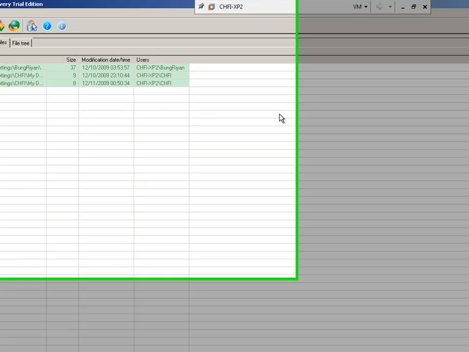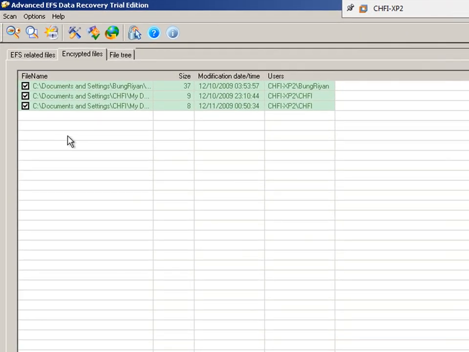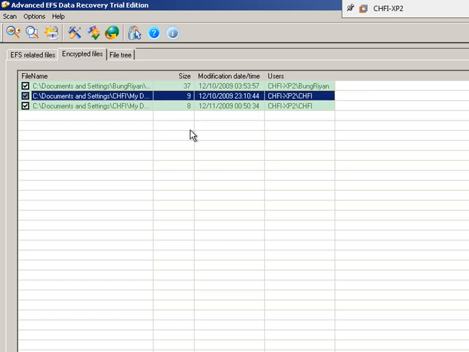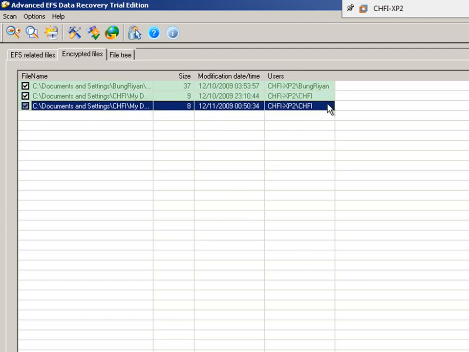And after it finishes, there will be files in the encrypted files list, and we can see here the users of the files, the file name, the location, the modification date and time, and the size of the files. These are the Bung Rian files that we want to decrypt, and these are the files from CHFI, which is from me, private 1 and private 2.